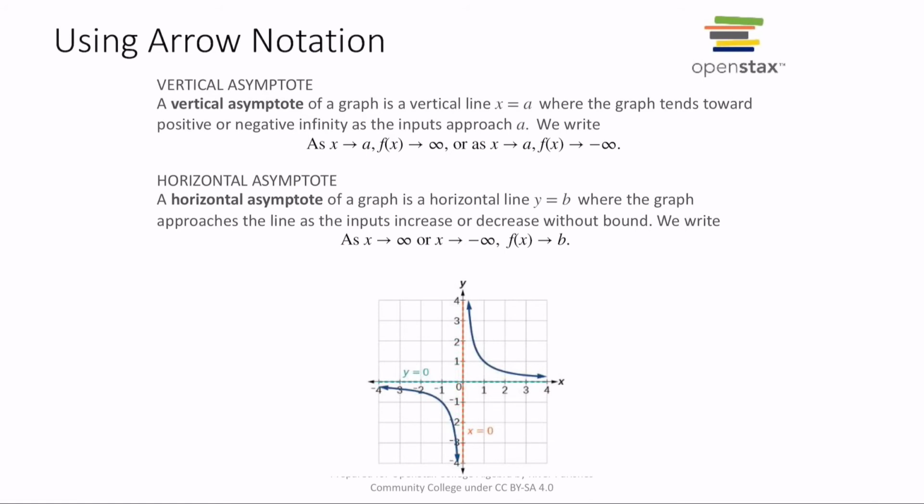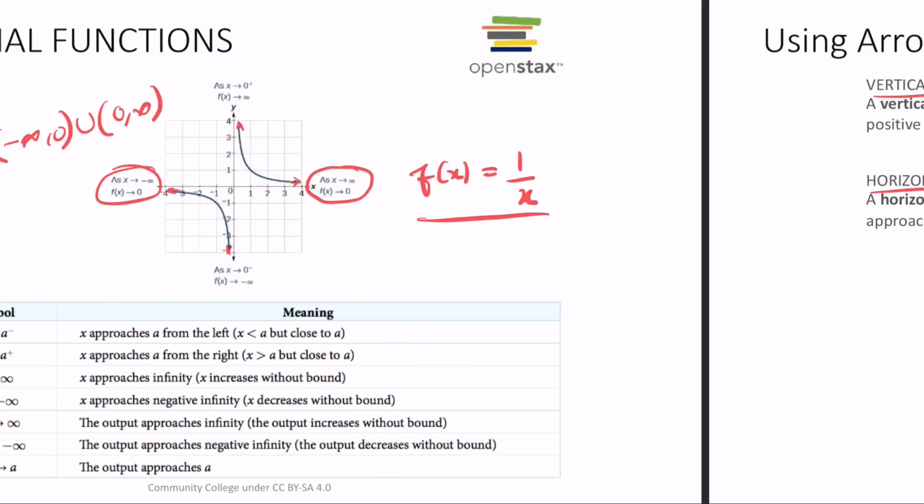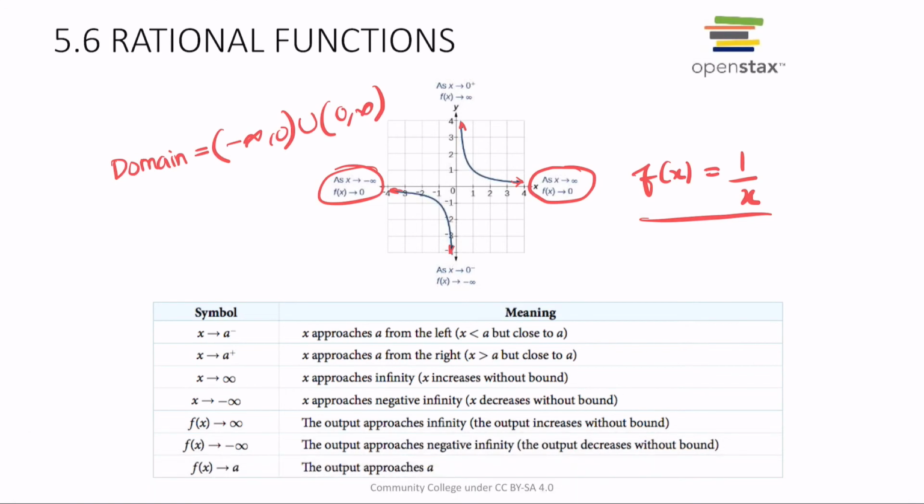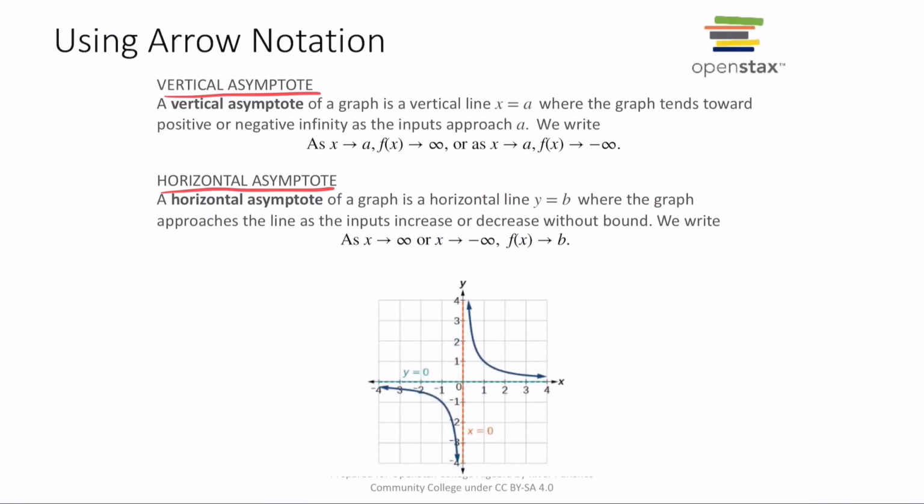So what is the asymptote here? We generally can find two asymptotes, vertical and horizontal asymptote. Vertical and horizontal asymptote is the line that divides the graph into two equal parts. So a vertical asymptote is the vertical line x equal to a, where the graph tends to go towards positive or negative infinity as the input approaches a. So here, this line here represents